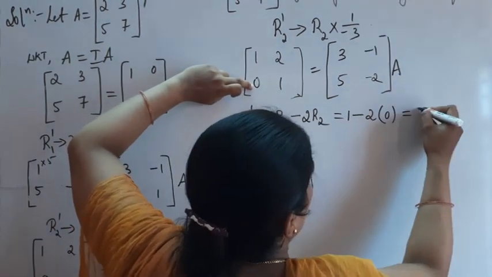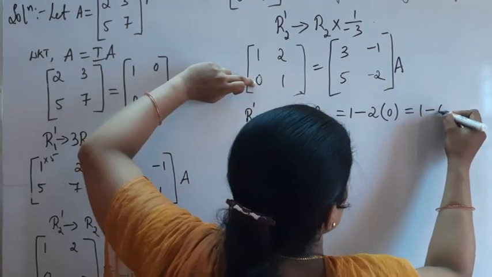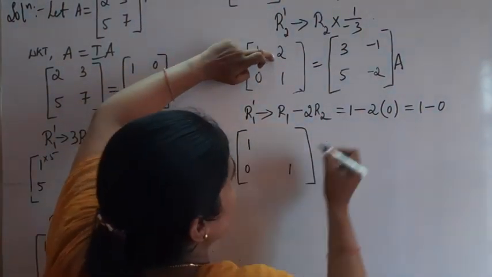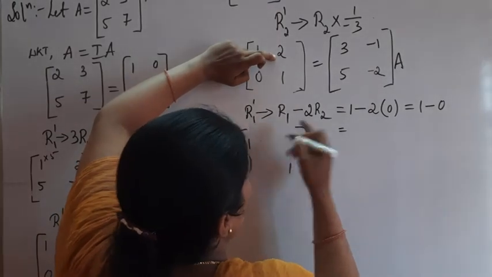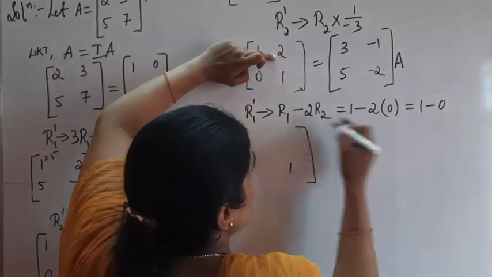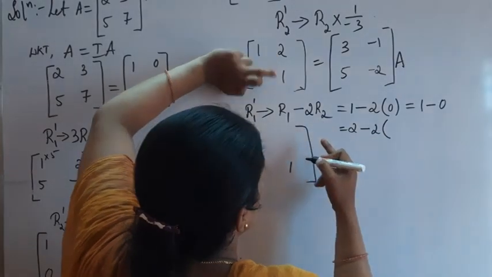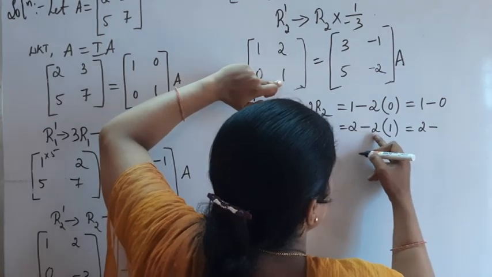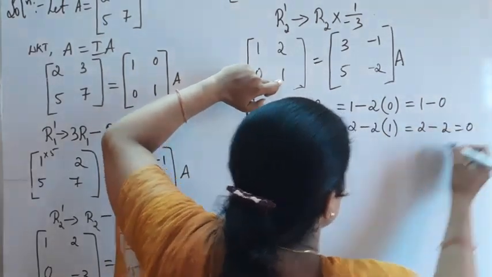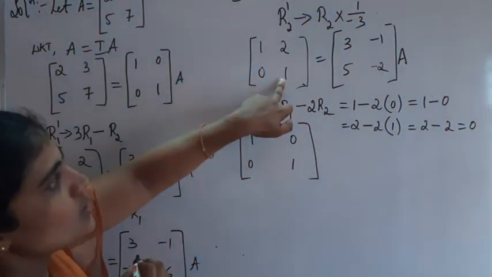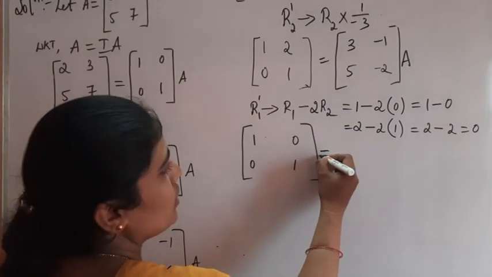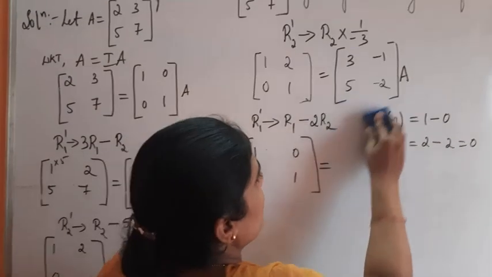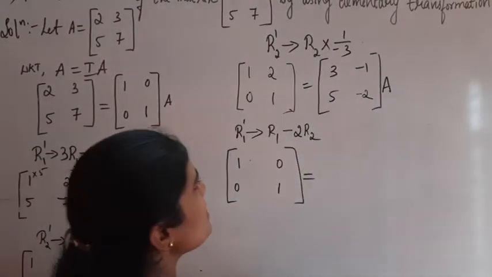is 0. Here 1 minus 2 into 0 is 0. What is 1 minus 0? It is 1. Okay. Same, first row second element R1, 2 minus 2 into R2, the corresponding R2 is 1, which is equal to 2 minus 2 ones are 2, 2 minus 2 is 0. So I think this is clear, which is equal to. So on the right side also we keep applying the same operation. Okay. So here matrix